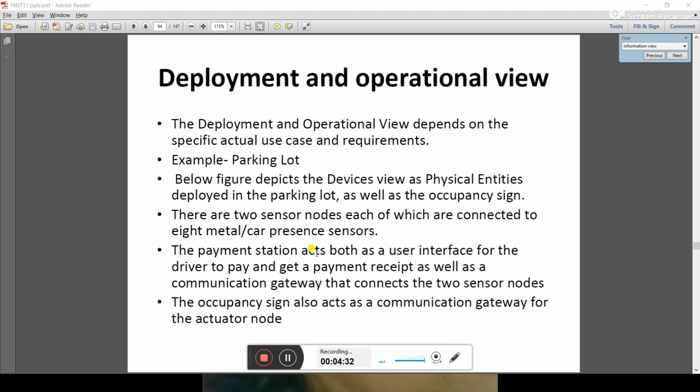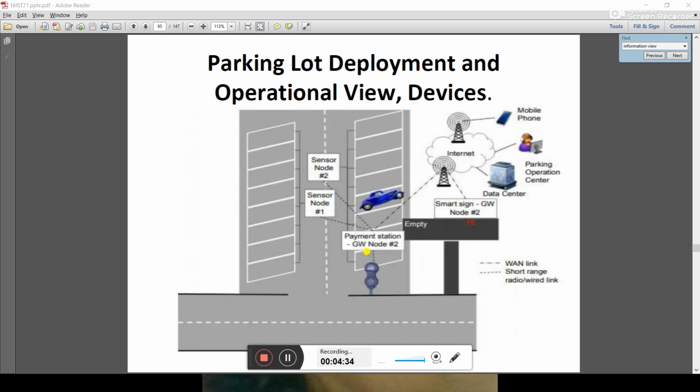In this particular parking system you can see that the parking lots can be traced by the sensors, and the data is provided to the payment gateway. The payment gateway and the occupancy of the cars are transferred to the internet.